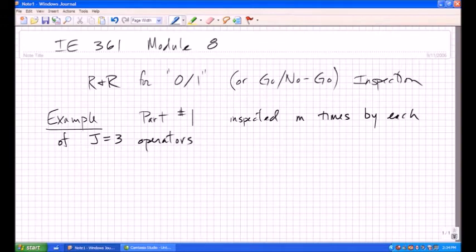In a bit, we'll make this a bit more complicated and think about what one might do if there's not just a single part here, but there are multiple parts inspected by 3 operators. But for the time being, let's just talk about this one part. If we think about what happens when each of these operators inspects this hypothetical part,